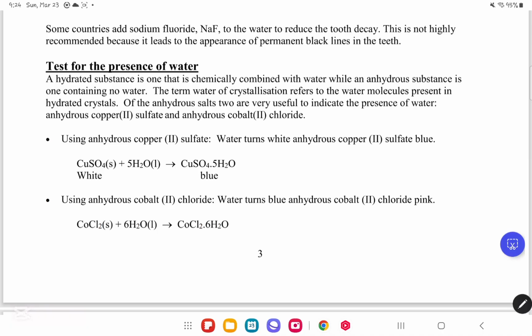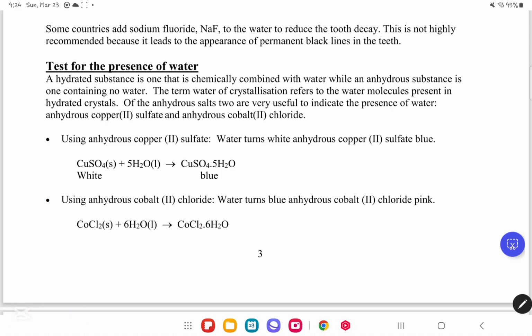Okay, test for the presence of water. A hydrated substance is one that's chemically combined with water, while an anhydrous substance is one containing no water. So remember, hydrated has water, it's chemically combined with water, whereas anhydrous does not contain any water. The term water of crystallization refers to the water molecules present in hydrated crystals. Of the anhydrous salts, two are very useful to indicate the presence of water: anhydrous copper sulfate and anhydrous cobalt